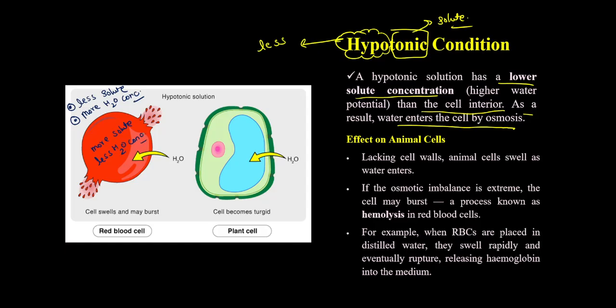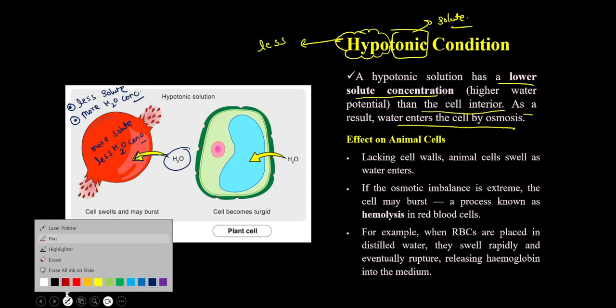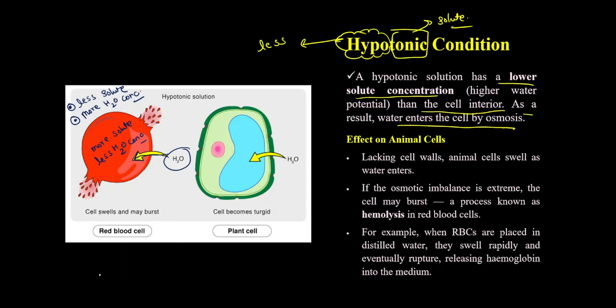So we have already discussed that transport will occur from the higher concentration toward the lower concentration. So the water molecules will enter the cell because there is less water concentration inside the cell, and when water enters inside the cell, it will